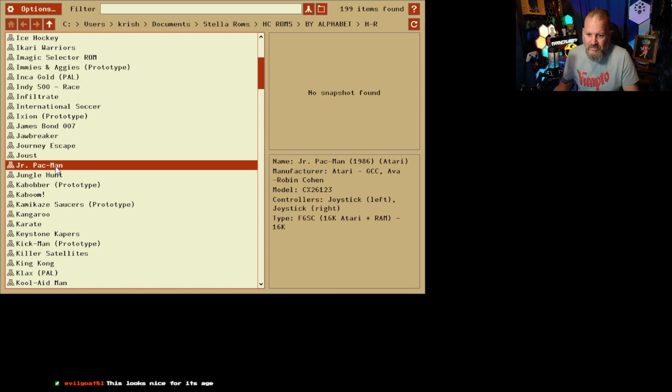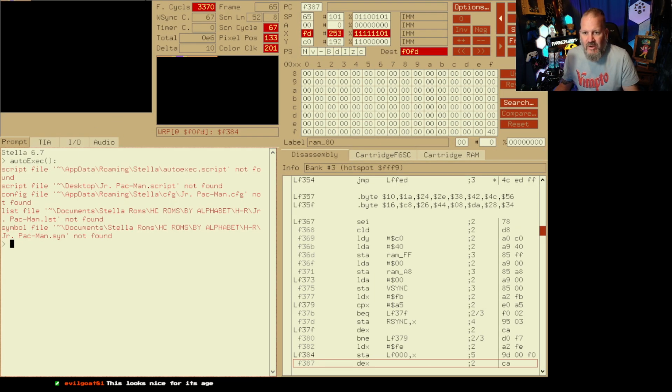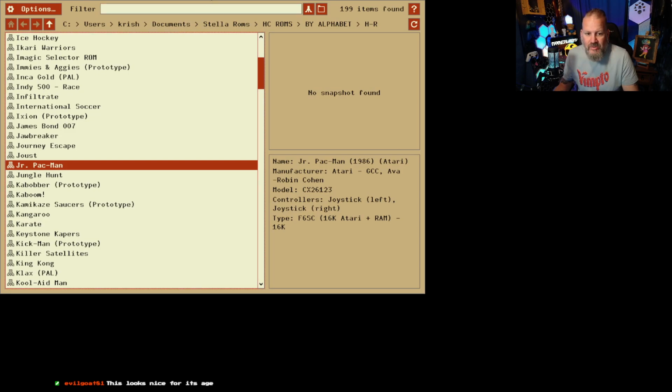Why is that running with debugger mode? Don't know why that's gone into developer mode. Because we've got a problem with a file. Right, that's fine then. But I never really played Junior Pacman anywhere. Doesn't matter so much. But the one I'm here to show you is...